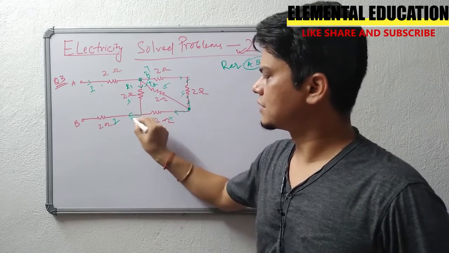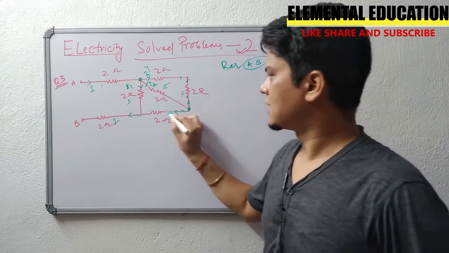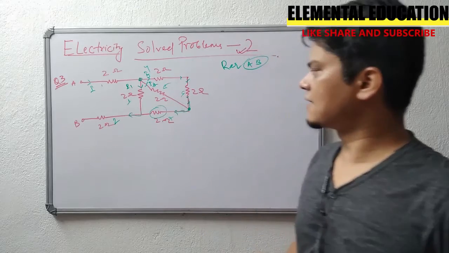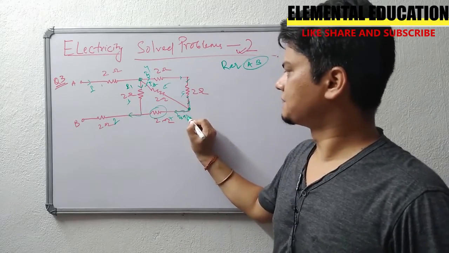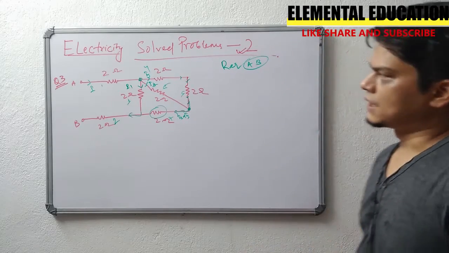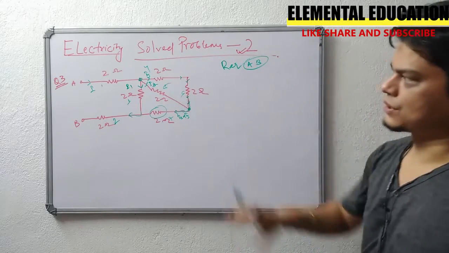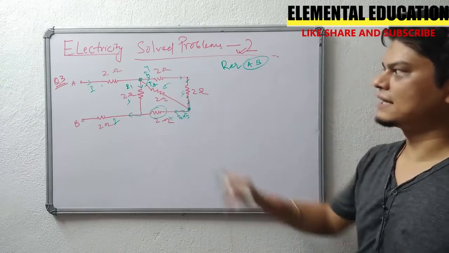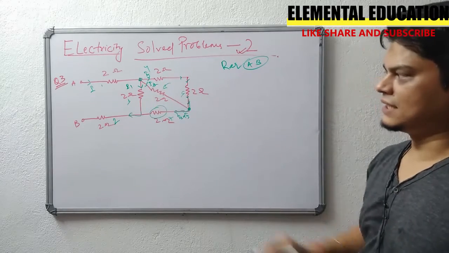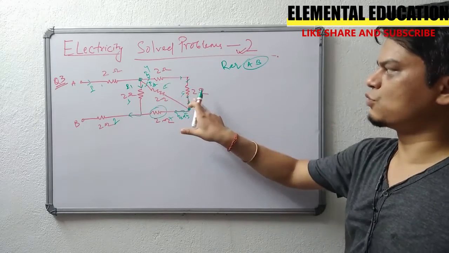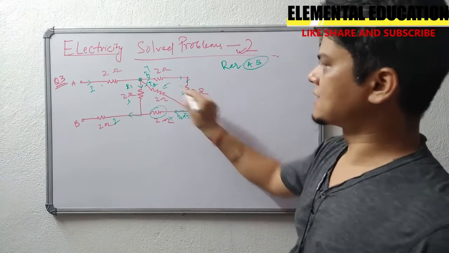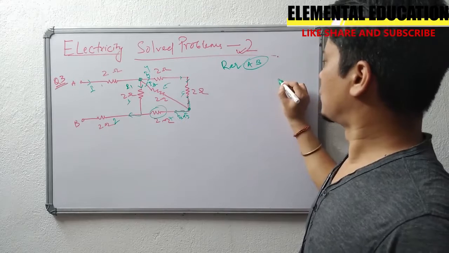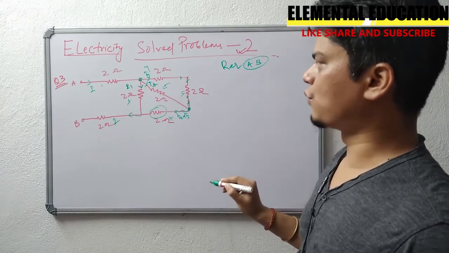They move here, and this is the I1. I1 moves to this side. So in this resistance, what is the current flow here? I2 plus I3. Now let us see first these two. These two are in series. Why? This I3 is the same across this 2 ohm and this 2 ohm. Now what is the value here? 4 ohm. This 2 plus 2 is 4 ohm.